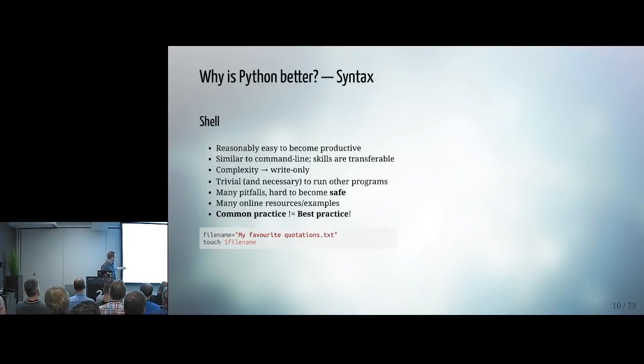And here is my favorite sort of safety feature. There are more safety problems in shell, but this is the most common one. So we have this file name variable, and we set it to this file name, and then we try to touch that file name. Well, what you'll actually end up here is you're going to touch three files. You're going to touch one file called my, another file called favorite, and a third file called quotations.txt, because